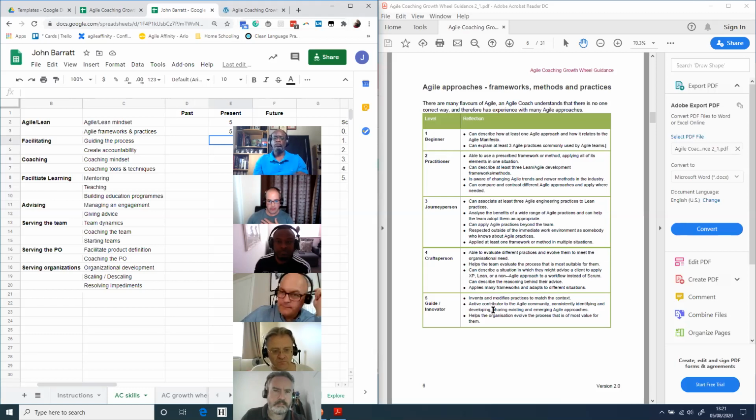So I might really feel like I'm a journey person and I've got 4, and then there's one that I haven't got. So I'll mark myself down as a 3, but then when I'm having my session with my coach after, or my agile coaching supervisor, or however I want to go through this, maybe with a peer, that's one of the points that I'm going to have that conversation with them about. I'm probably going to want a second opinion. Does that make sense for me? It does. Thank you very much, John.